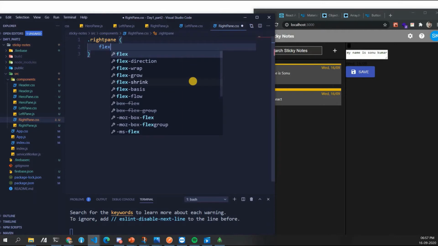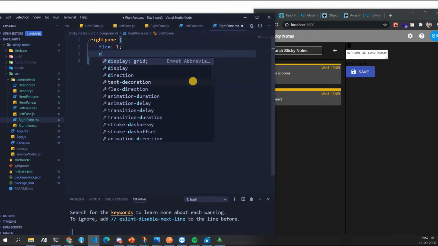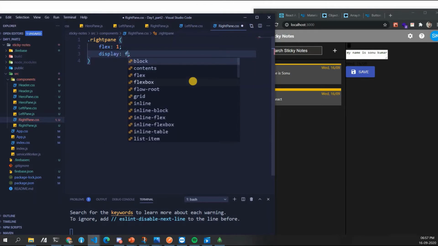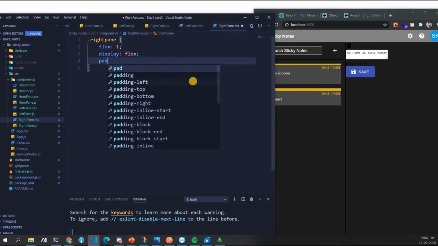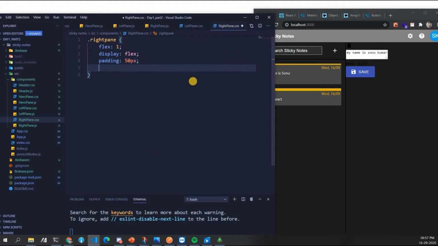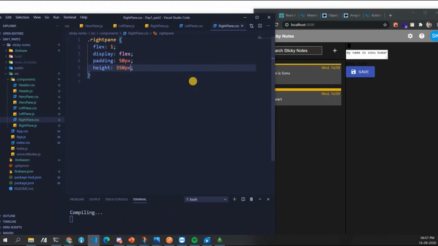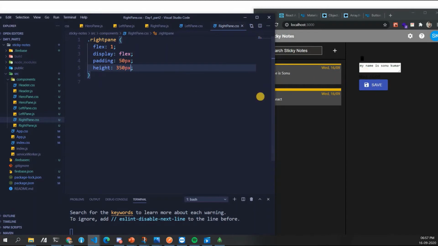So we'll say flex 1. Flex 1 lets you take the entire space. Display also as flex. Padding as 50 pixel. And then height as 350 pixel. It took everything here. Flex is 1. Okay. So now